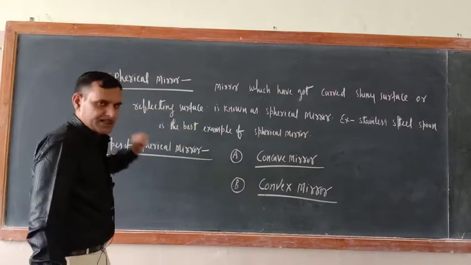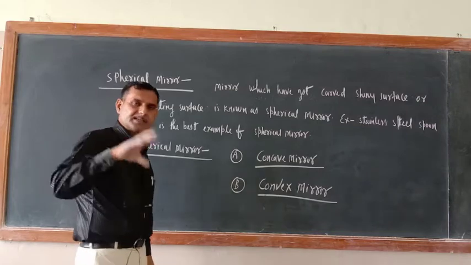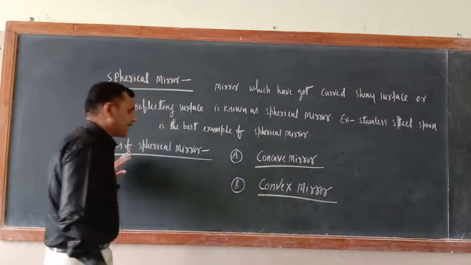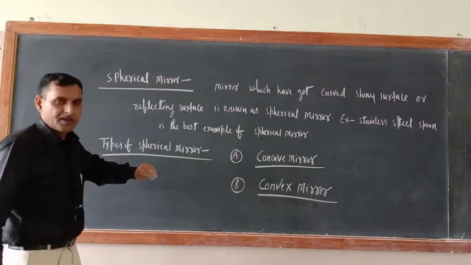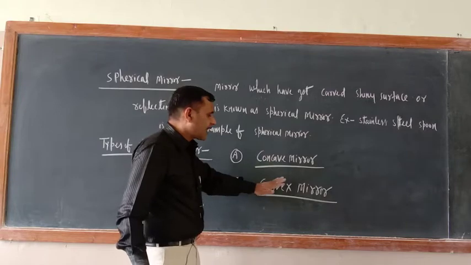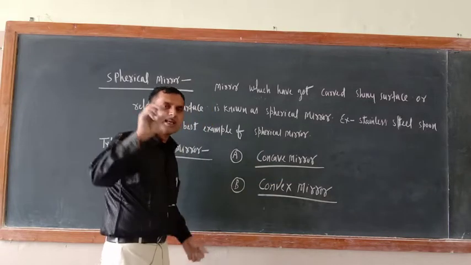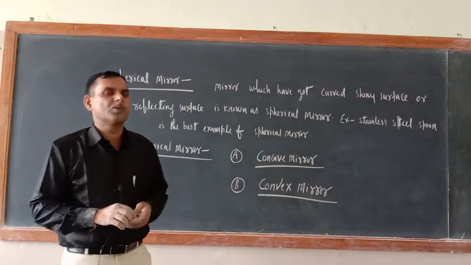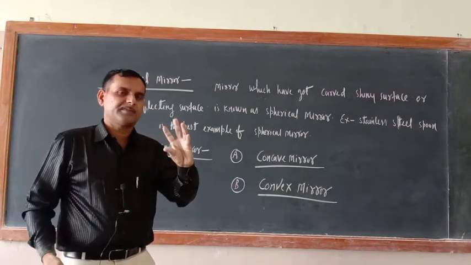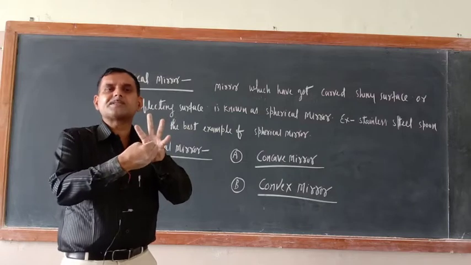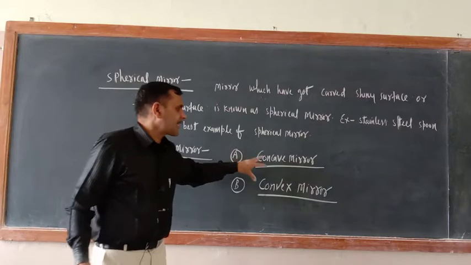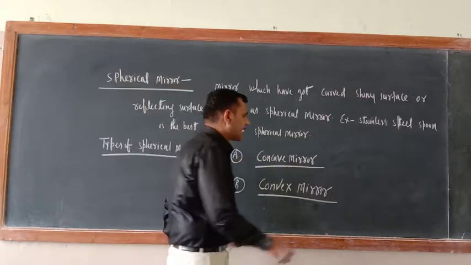And now try to understand. By taking this example of spoon only, I can explain you there are two types of spherical mirror. One is the concave mirror, other one is the convex mirror. So just see the stainless steel spoon only. So which is cave like? Cave means inside of spoon, where that structure is there or not. So that is concave mirror, means cave like.